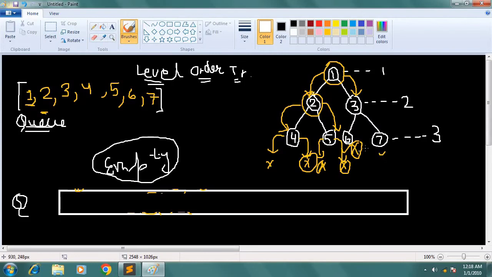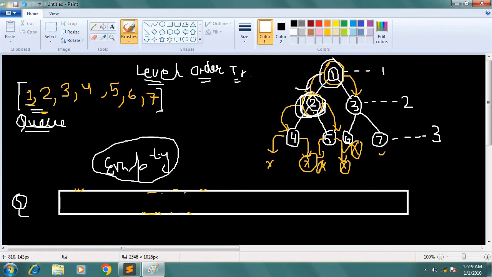So what is the intuition behind this? If you carefully see, we have taken the first node. After adding this first node to the traversal, we are always checking what its left children and right children are. First priority we give to the left children, and as we know, the queue data structure works on the principle of first in first out. So first 2 comes. For each and every node present in the front of the queue,